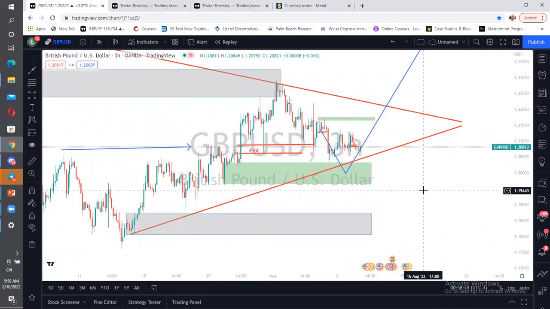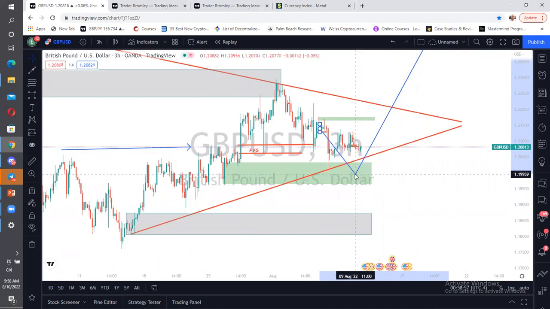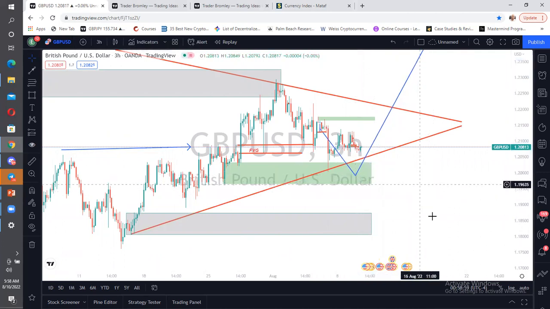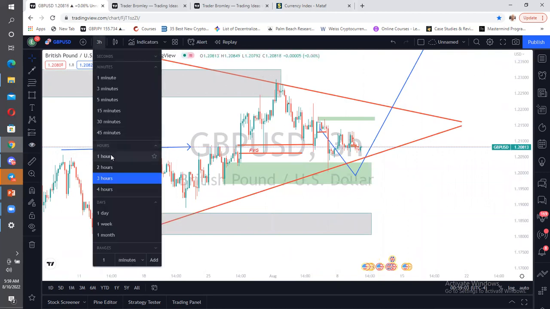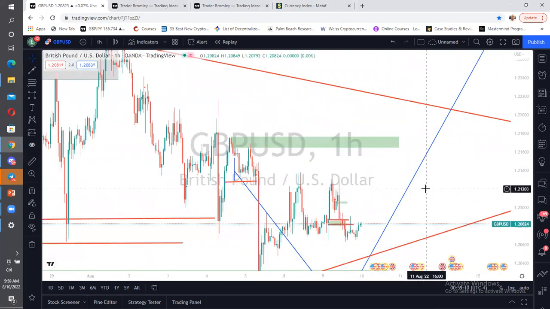So on a good day, what we would be expecting of this market is we would have been expecting this market to come down to this level, all right, before going to the upside. But based on what we are seeing in this market, the market is highly indecisive at the moment. So we'll trade what we see on the lower time frame and not on the higher time frame to catch some move.